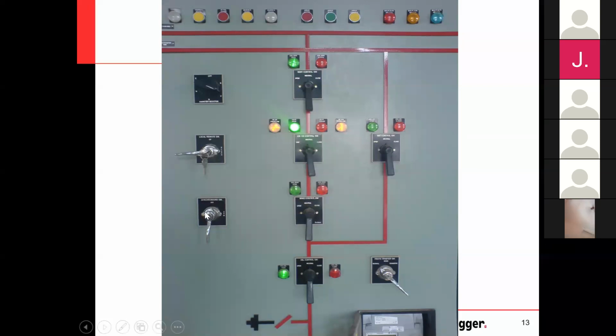That's why we have a separate switch for that. If one side is dead or both sides are dead, you can simply operate the breaker without synchronization. That time we will switch off this sync button. The next option, you have one more switch called local remote.